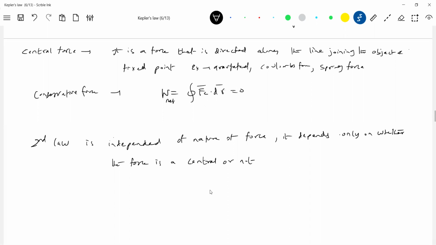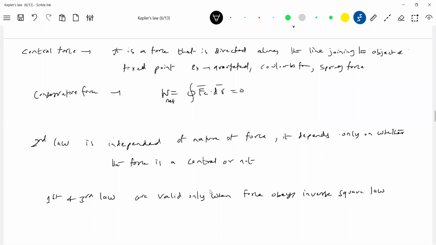Are you getting it? So if the gravitational force between the planet and sun acts along the line joining the sun and planet, then that force will intersect the axis of rotation, and the torque will be zero. So this is one basic necessity for the second law. It is irrespective of how F varies with the distance. Whereas the first and third law are valid only when the force obeys the inverse square law.